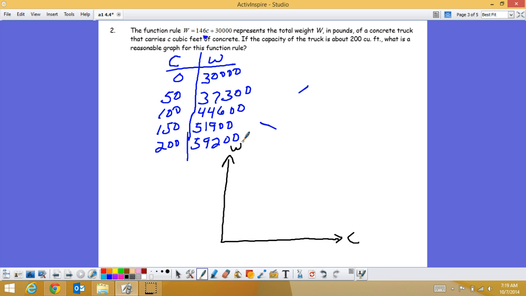So again, the capacity is just 200, so if we go by 50s, and on the vertical axis, the weight, we have to go up to at least 60,000. So if we go by, say, 15,000,